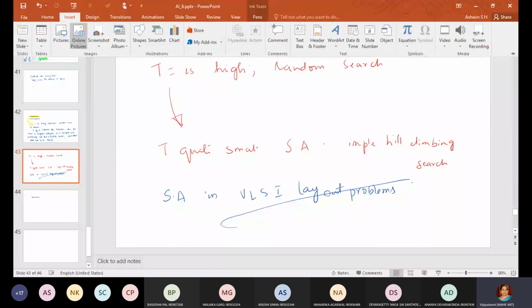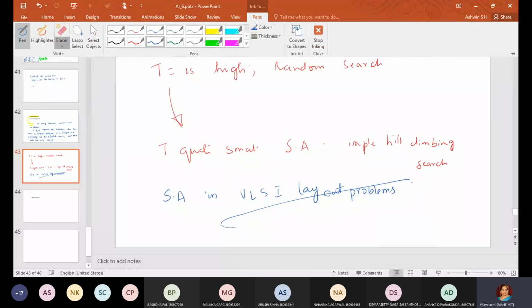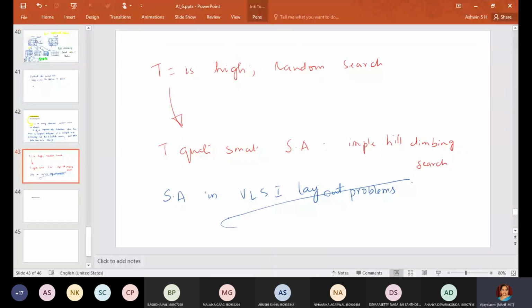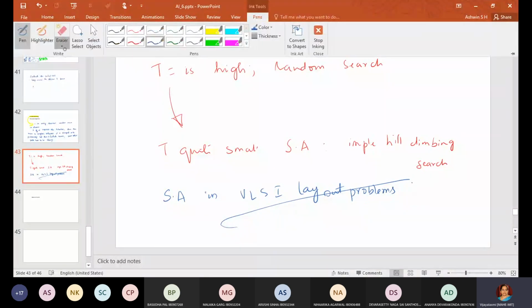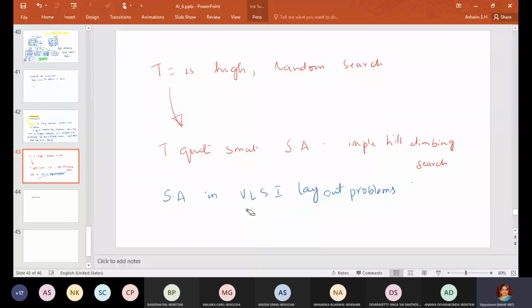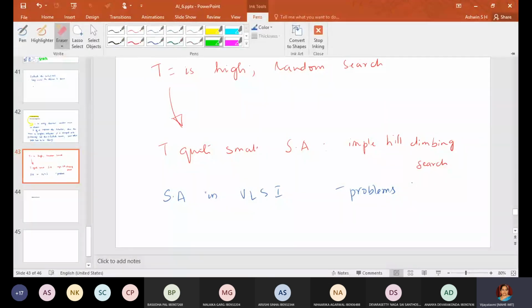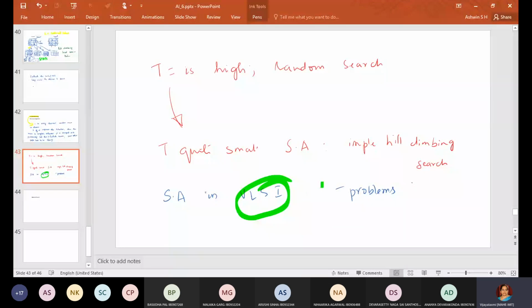So you can refer to some good papers and understand how simulated annealing is used efficiently in VLSI problems.